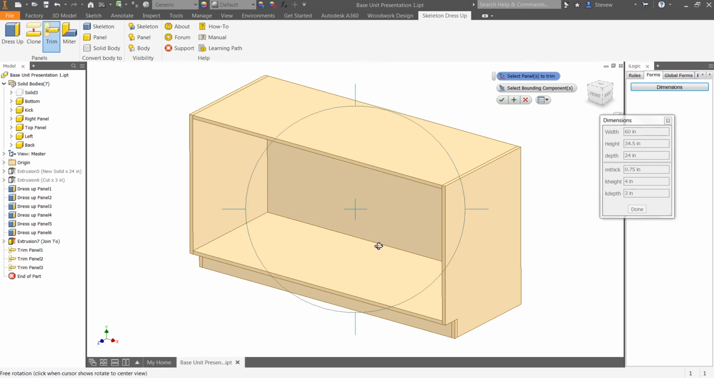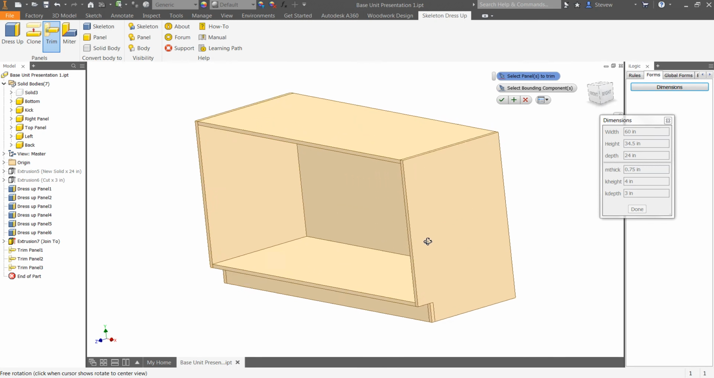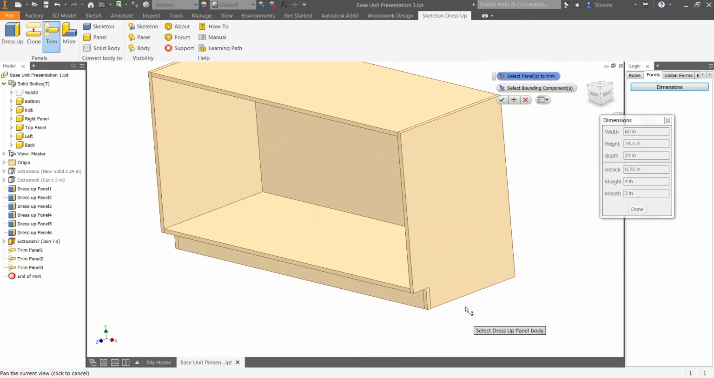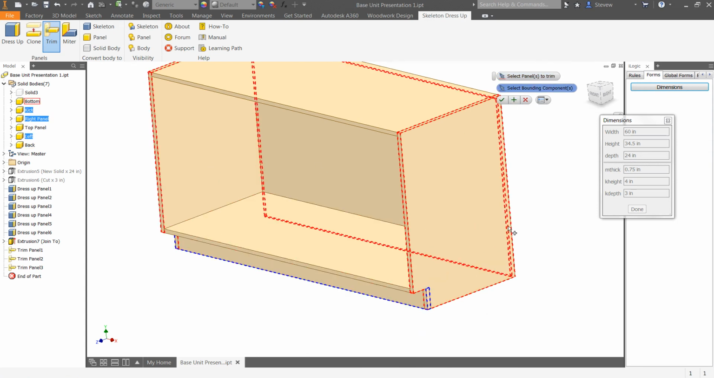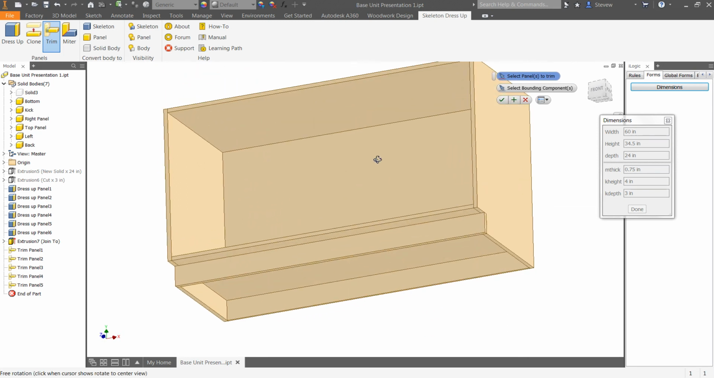And you can see that it's starting to look real good, okay? The next thing is the kick. Looking at the kick, what do I want to trim? I want to trim this side and this side against the kick and pick OK. So now what you see here